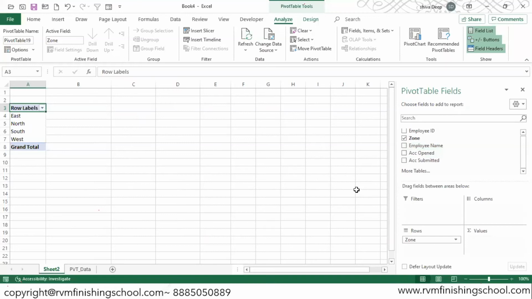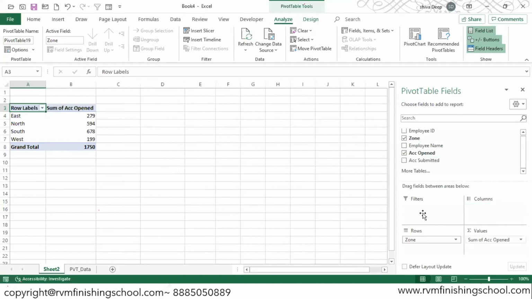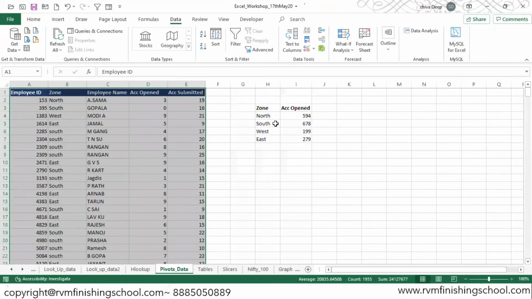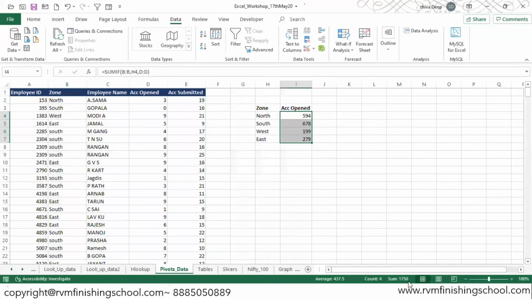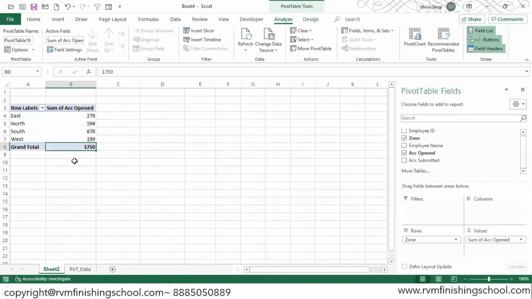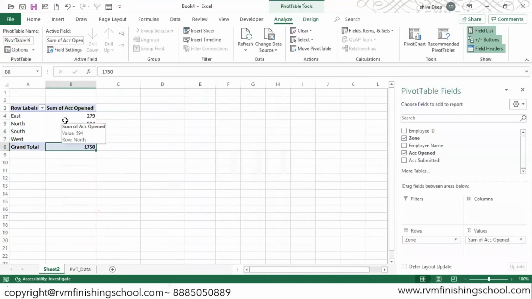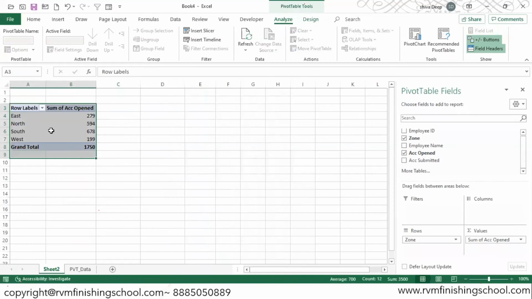It is done. Now what I want to find is account open. This is a numerical value. See, you can get the same numbers running in here. The same thing that we have got with our sum ifs and other things. You put them together, 1750. Here also you're getting 1750. But there you have written a lot of formulas and things. In this, it is only drag and drop. I just drag this from here and drop it on this calculation side. So this can become my initial summary sheet.